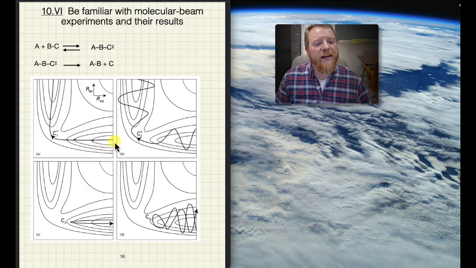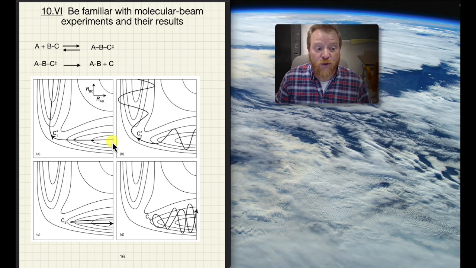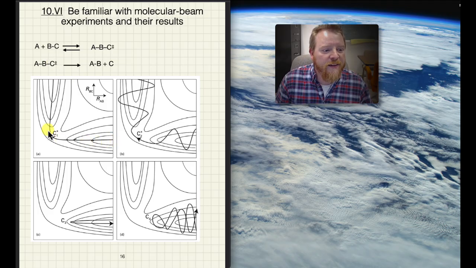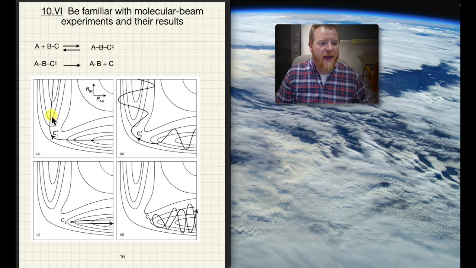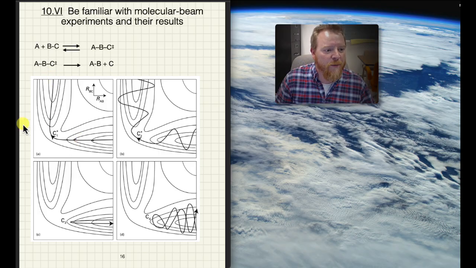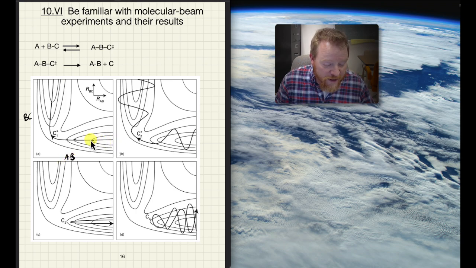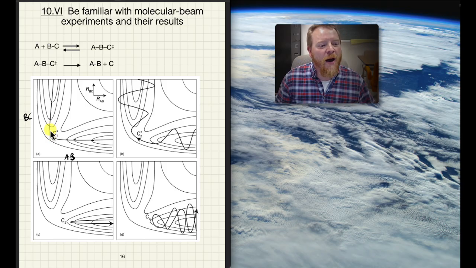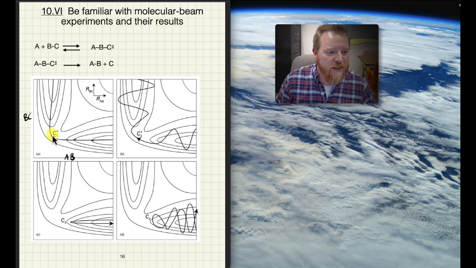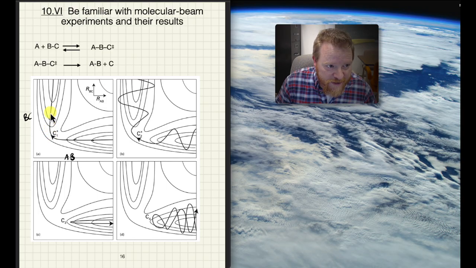And what I want to point out here is this would be an A colliding with a BC in its ground state, and then leaving in its ground state. And what you'll notice here is, again, this is BC on this axis and AB on this axis. So it is oscillating. It's hard to tell, but it's oscillating ever so slightly. It goes down and it goes back up. And then now if we look here, the AB bond is elongated ever so slightly and then compresses into its equilibrium bond distance.